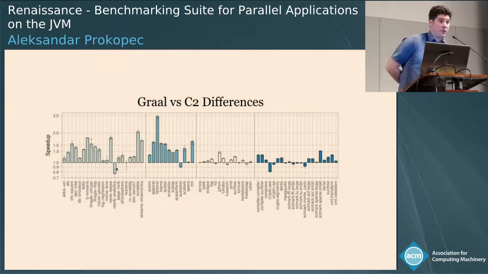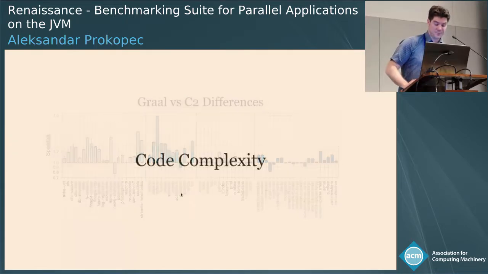Another thing that we did is we compared Graal and C2 performance across these benchmark suites, and we saw a much lower difference on SpecJvm and on DaCapo, but on ScalaBench and Renaissance we saw pretty large differences, and we think that Graal invests much more effort into removing abstractions in the code and doing these high-level optimizations which are responsible for these differences. And this indicates that these workloads maybe have much more abstractions than some of the more classical workloads or low-level workloads have.